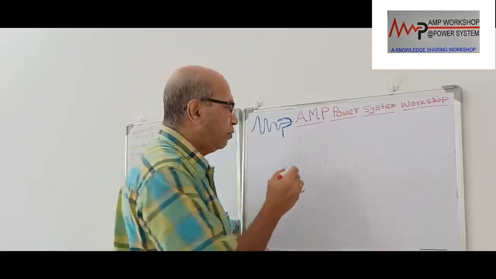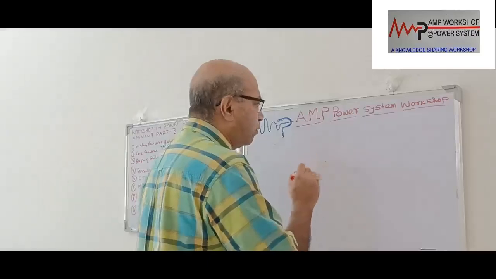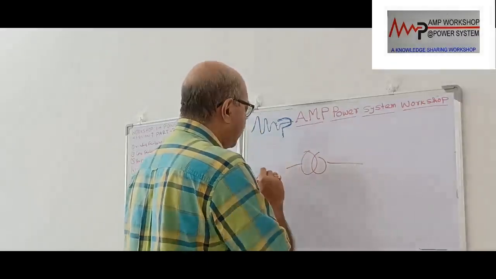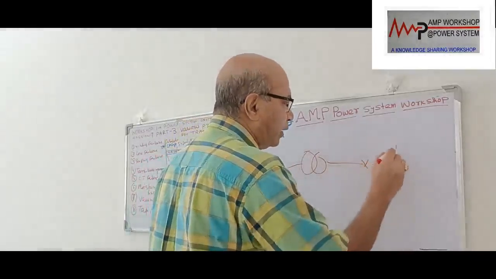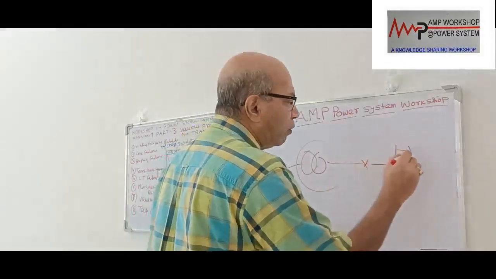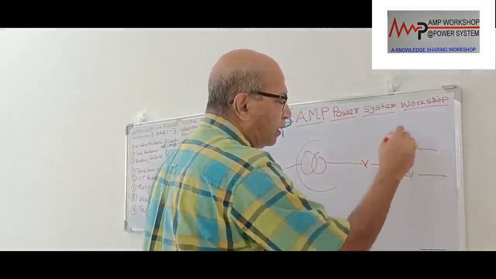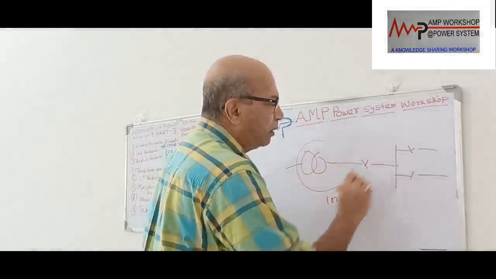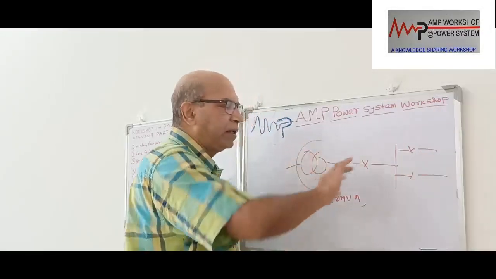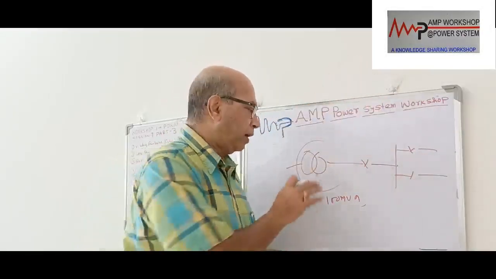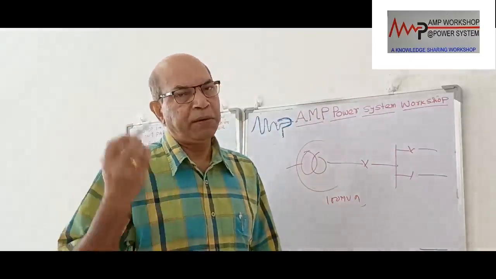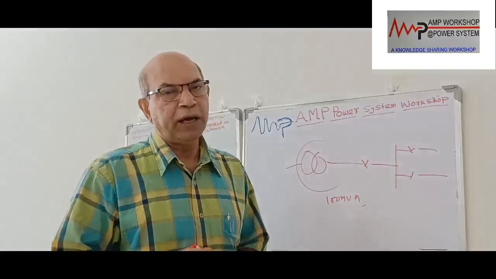Suppose a grid transformer is connected to this substation. Yeah, this is a grid transformer, connected from the overhead line to the substation. If this transformer fails, then all the consumers, the entire area, suppose it is a 100 MVA transformer, it is supplying power to the wide area. If this transformer fails, the entire wide area will be out of power, and depending on the failure, it can be 15 days to 6 months, or maybe even 1 year.